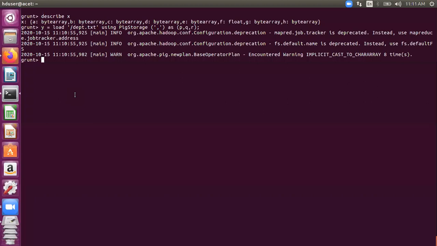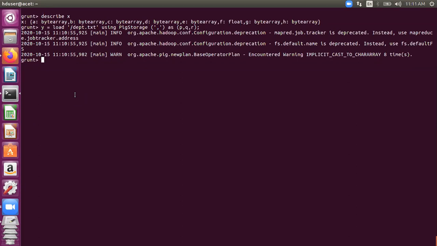H and P, right? So the last column in X, that is the department number, and the first column in the department table, that is the Y relation, the P. So we must join based on the equality of values in H and P. So if I write here for an equijoin, you write it in the same way as you wrote the self join.